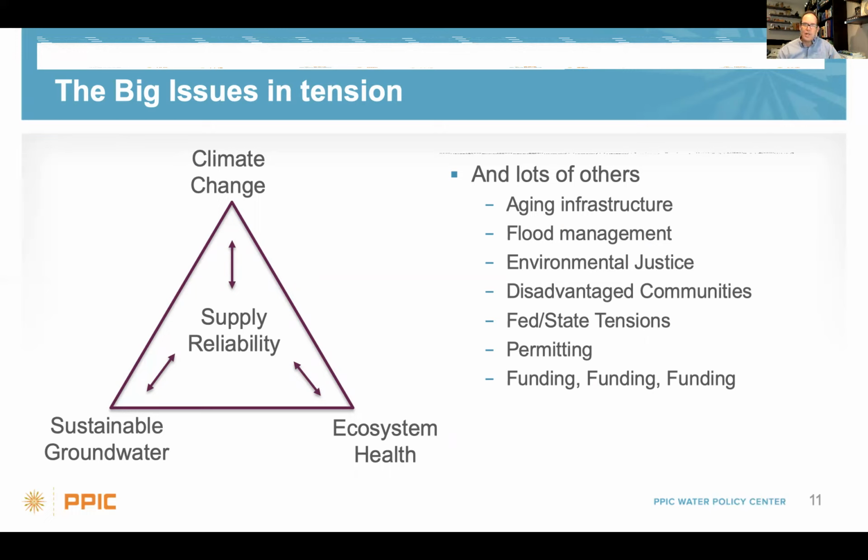You will not hear me ever say we are running out of water in California. What we're running out of is cheap water in California. It's getting expensive, and it's also becoming more and more unreliable. I'll show you why here in a second. So supply reliability is a key issue. And the three things which are driving supply reliability right now are the existential threat of climate change, which is happening now in California, I hope to convince you of that. The other is groundwater. Because it's such an important drought reserve, sustainable management of groundwater is tugging at this supply reliability question. And then the third rail is ecosystem conditions, Endangered Species Act questions that have really been a tremendous challenge, and we're a long way from being able to solve. So let me just jump right into the